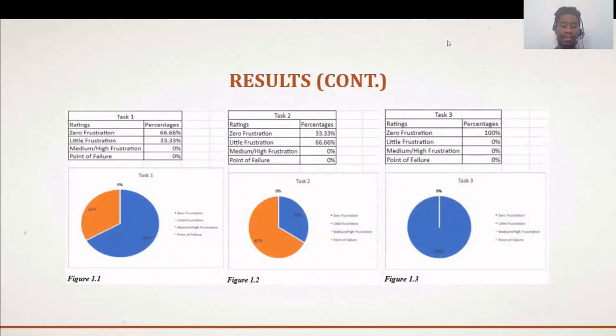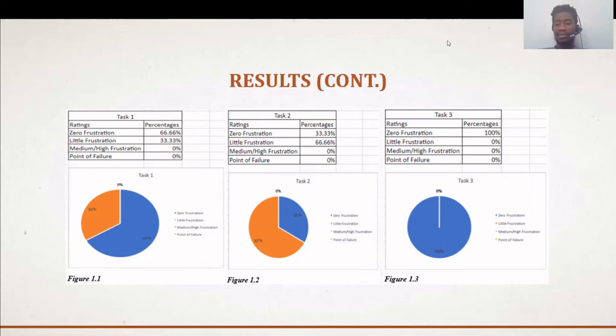And as you can see here, these are the graphs for each of the different tasks. And as you can see here, 67% for task 1 had 0 frustration, and 33% had low frustration. Whereas task 2 had the opposite of task 1.